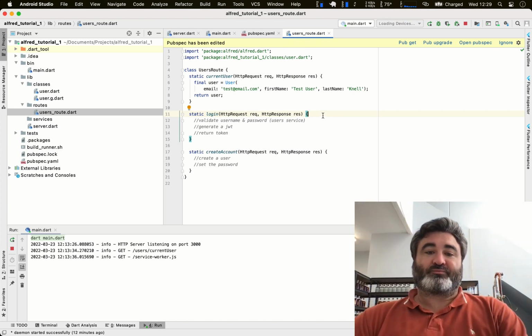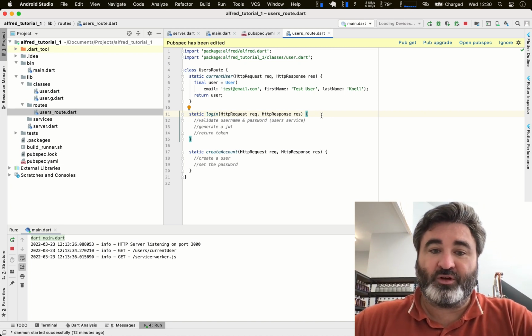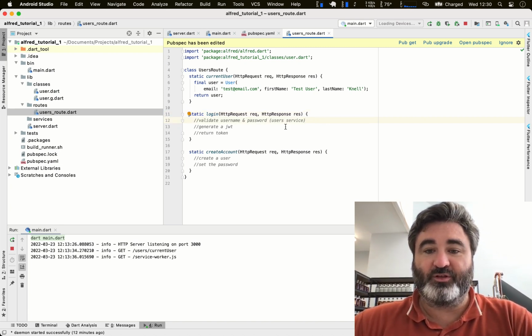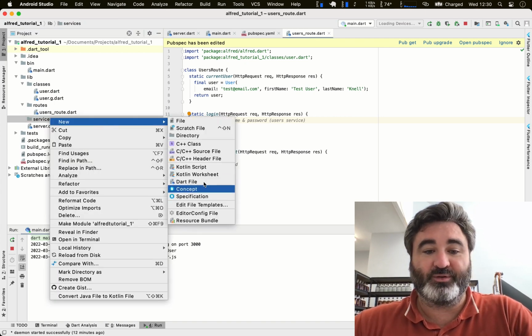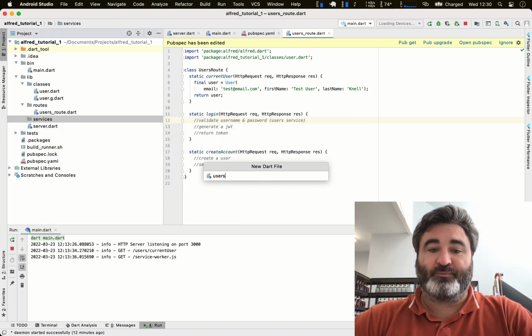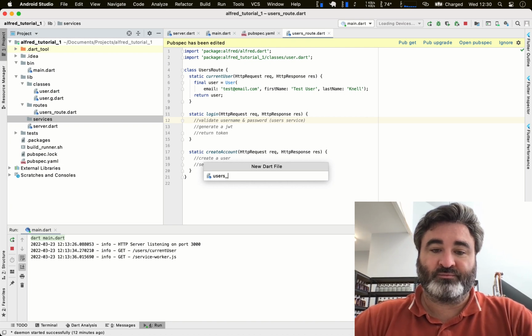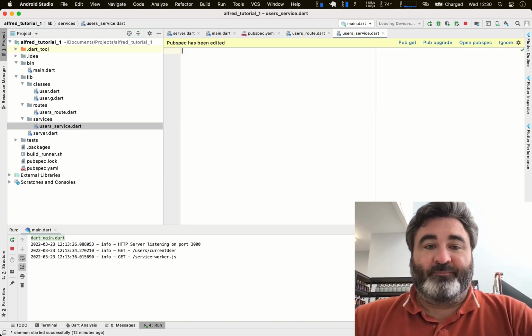Let's do login. Okay, so first things first, we need to validate a username and password. So let's create a little service which allows us to, this is where you would typically hook into the database, user service. Now,